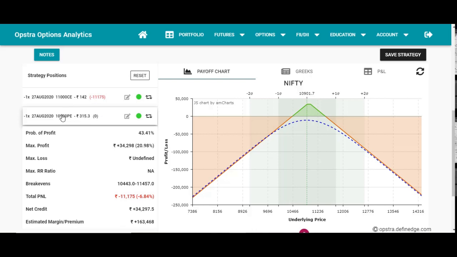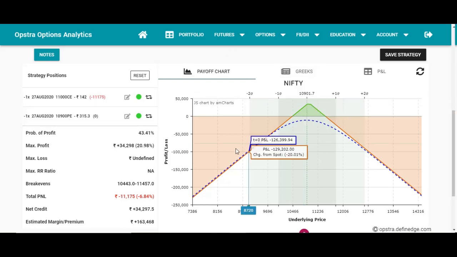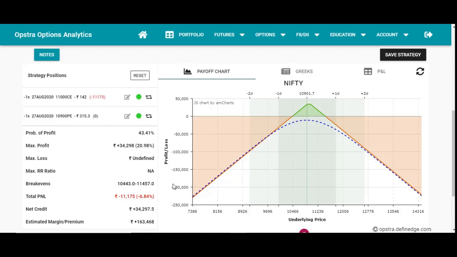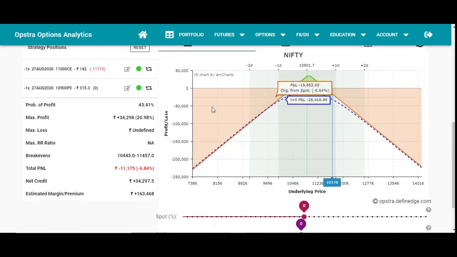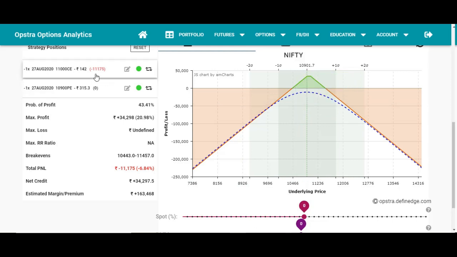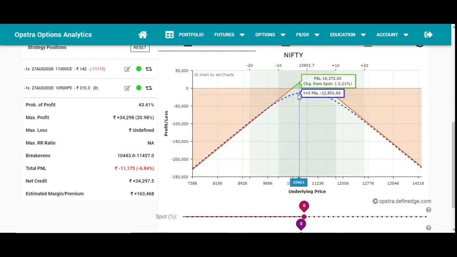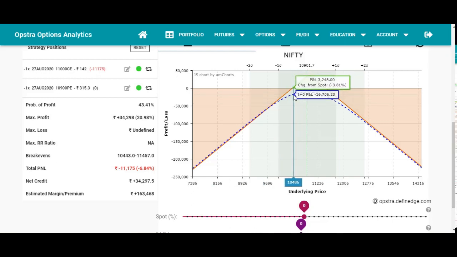As Nifty is moving upside, this put option will start giving him a profit. So he should roll up this put option on the upside, so that he can move his break even points further on the upside. And if Nifty starts falling, then he can roll down his call option, and he should not touch the put option if it is moving down, and not touch the 11,000 call option if it is moving upside. So if it is moving upside, only roll up your put option, and if it is moving downside, then roll down your call option, so that we can further shift our break even points.